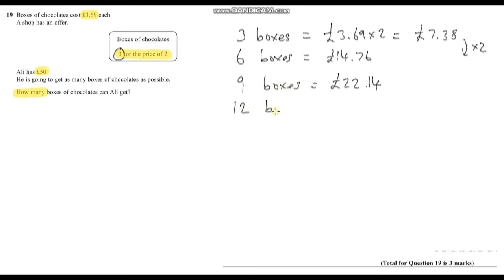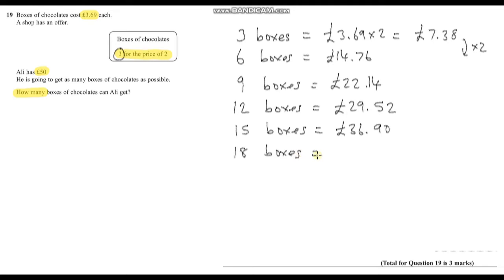So 12 boxes. I'm just going to add on another £7.38. That takes us up to £29.52. So keep going. 15 boxes, plus £7.38. We are now at £36.90. We can keep going. 18 boxes. So add £7.38. That takes us to